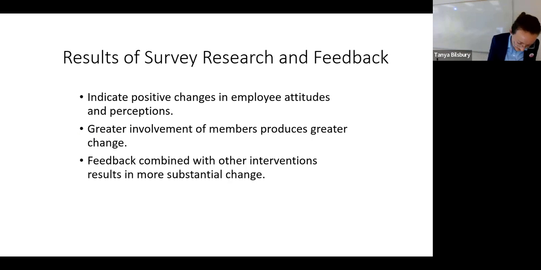So if survey research is done well, you can get really good results. You can see if your interventions are working. So let's say you have some program. Well, now the fact that you do this annual engagement survey can give you data where you could, say, compare employee satisfaction before and after the program. And you could get results from different units of the organization. And let's say you do your program, your intervention in this team. Well, you could find a similar team that's going to be the control group that doesn't get that, and then compare the pre and post differences between both groups. So it's great to have that data and get it routinely.